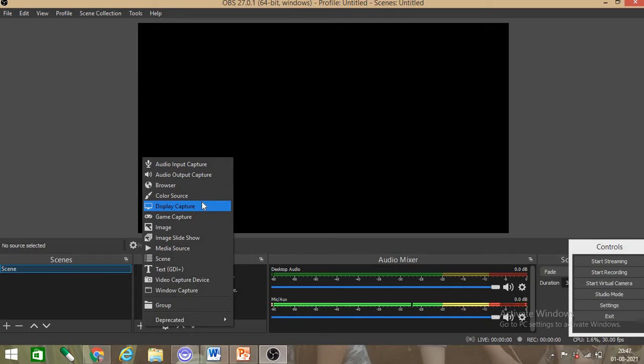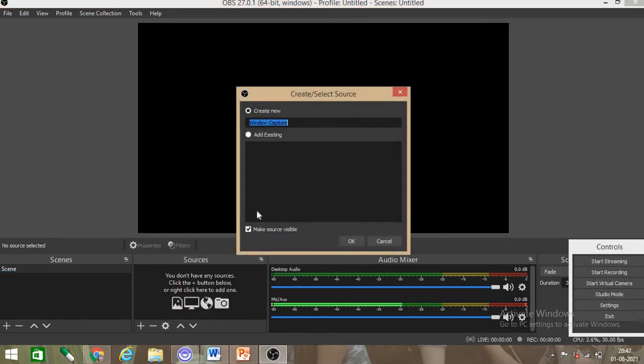Now suppose I want a PPT here. So first of all I will go to window capture. See, for a PPT first we require a window capture. When I click on window capture, I get the options create new, add existing.